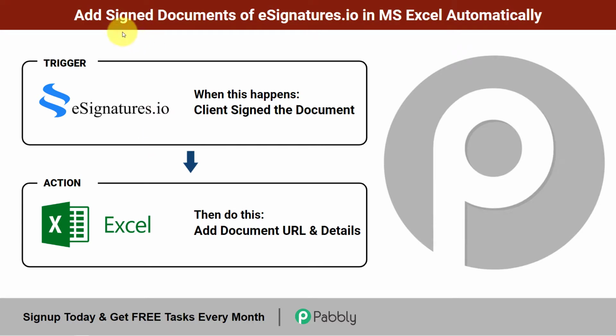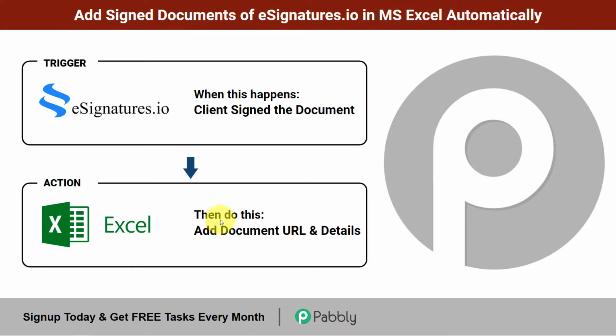In this video, we will learn how to add signed documents of esignature.io in MS Excel automatically. So eSignature is the application using which you can collect the electronic signatures on contracts or on any kind of documents, and I want whenever the client signed the document, the same document should be automatically added to MS Excel application along with other details, so that I don't need to copy each document and save it here